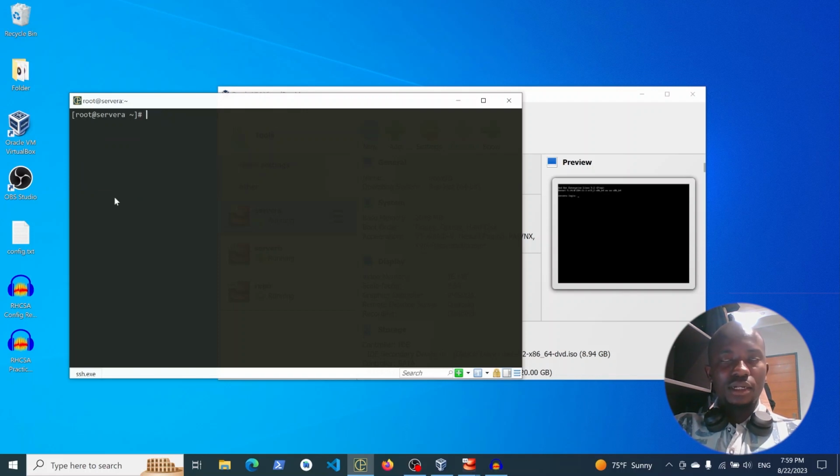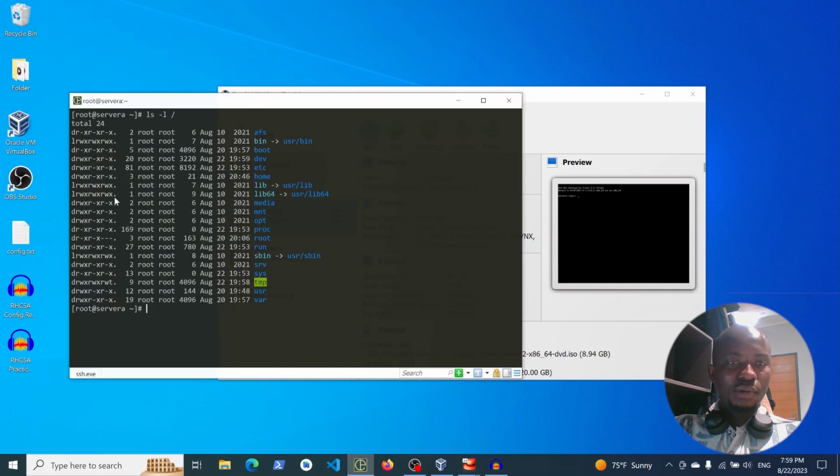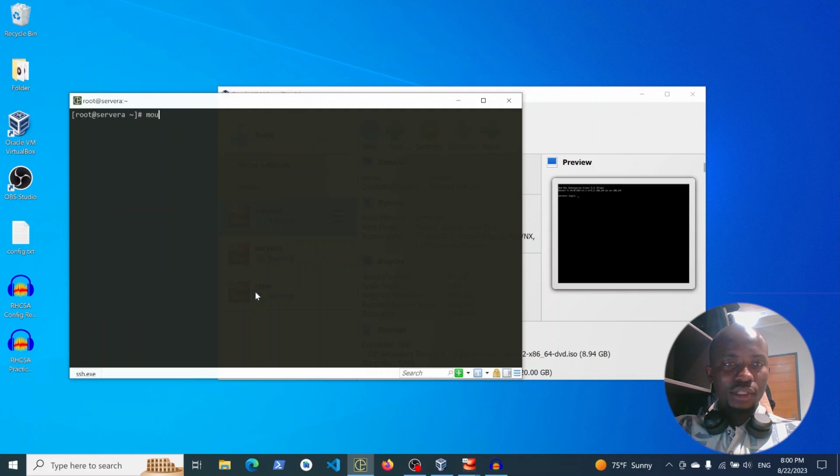And when I want to mount that file, I can use the command mount /dev/sr0, and I'll specify the path where I want to mount. In my case, I will mount it at the root repo folder. So I'll clear this and I will show you. At the root path, there's no repo directory. So I'll create that with mkdir /repo,